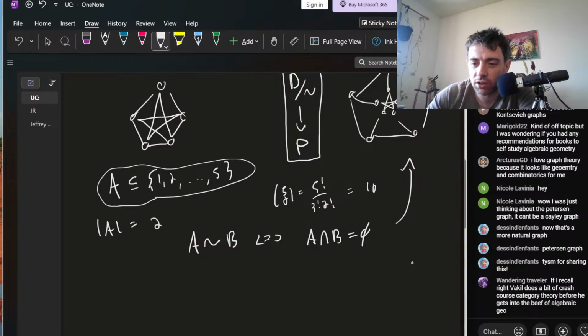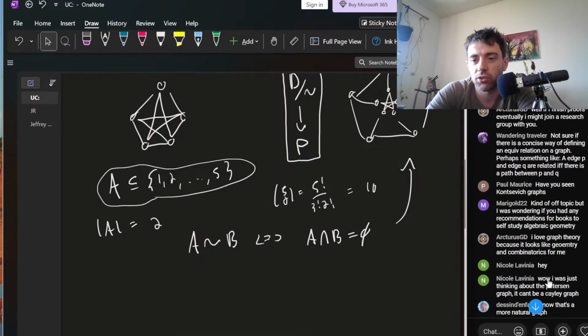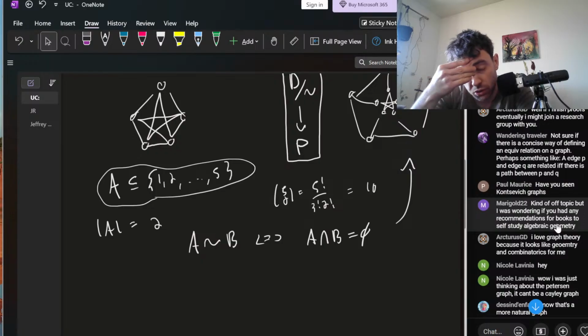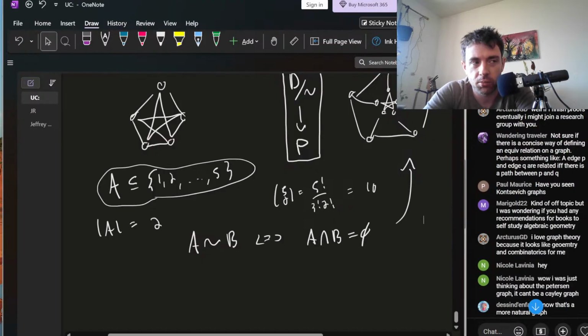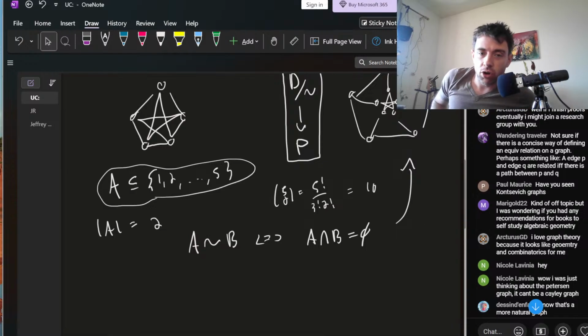But yeah, Vakil does a crash course of category theory before he gets into the beef of algebraic geometry. So you could skip some of it, but you will need some of it. I guess it also depends, Marigold, on your background and what you have already seen. Have you done any differential geometry? Have you done any category theory? How strong is your algebra and your modules? All of those questions kind of inform, because if it's no to all of those, then I would probably